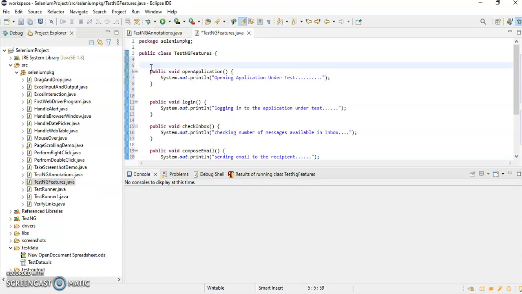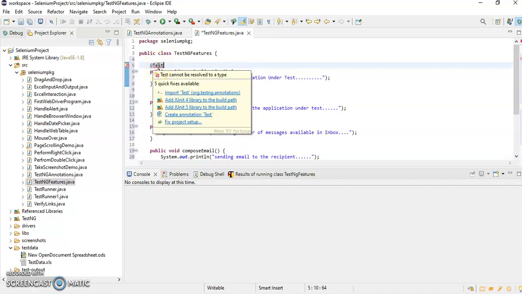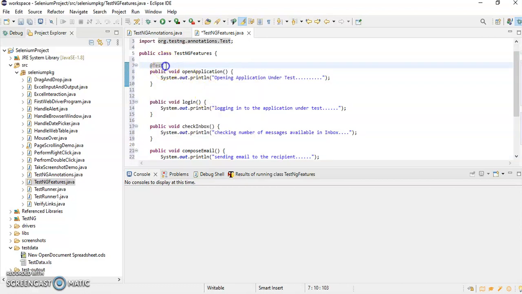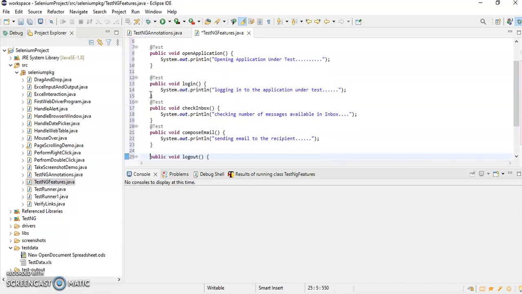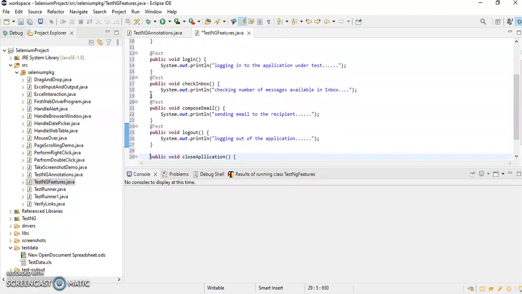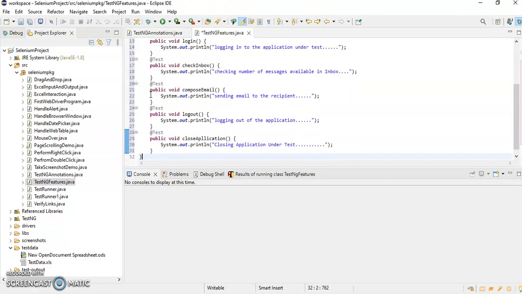So I will use @Test over here, and this annotation needs to be imported, which comes from the org.testng.annotations package. Okay, so I will give the @Test annotation to each and every test method. Okay, so now I'll save it.